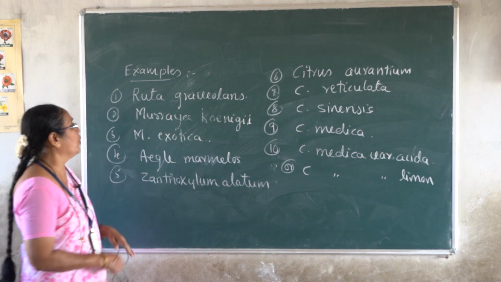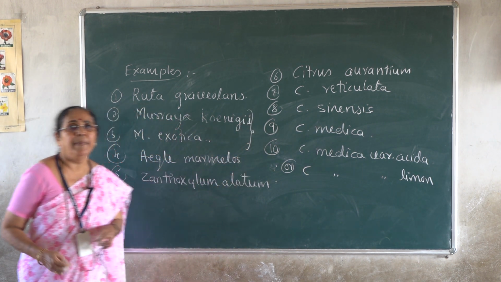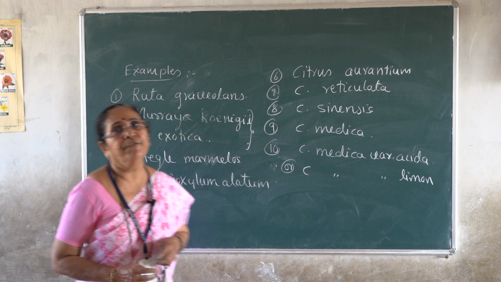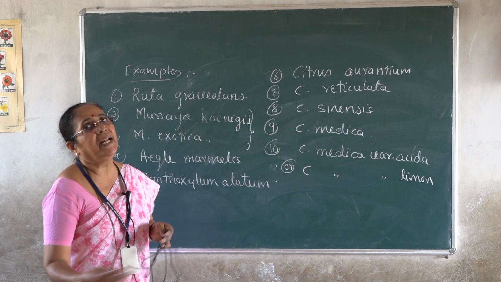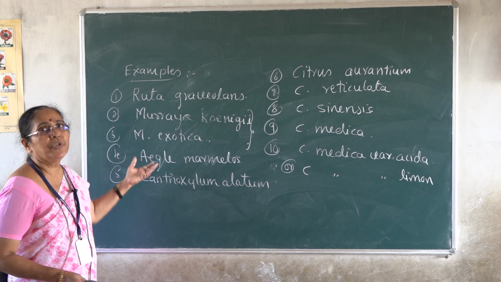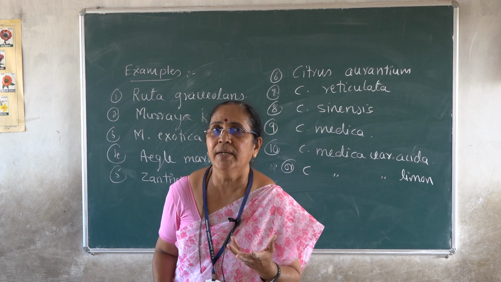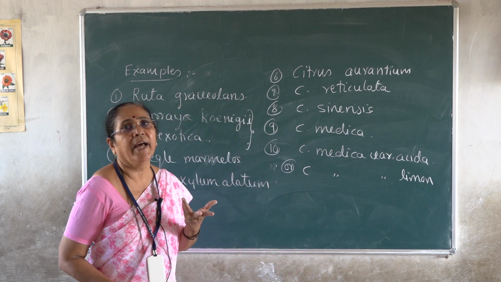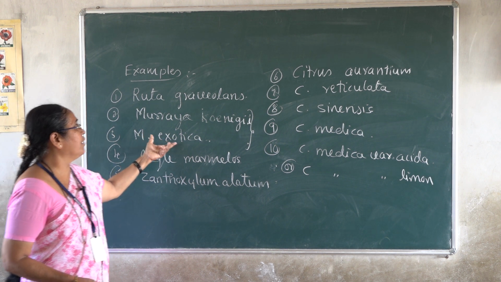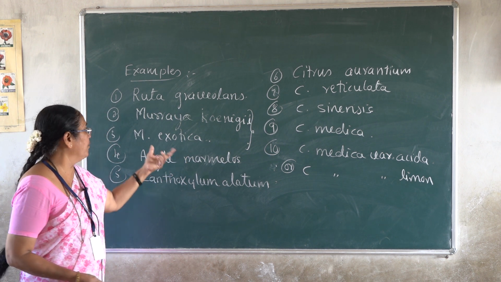Murraya koenigii and Murraya exotica are the two species of curry leaf, that is Karibevu. The leaves are highly fragrant in nature and used in our daily life. It has many useful properties. The leaves are crushed and boiled along with coconut oil, and it enhances hair growth, blackening of the hair, etc. The essential oils extracted from the plant parts go to the perfume industry, in the preparation of various kinds of perfumes.